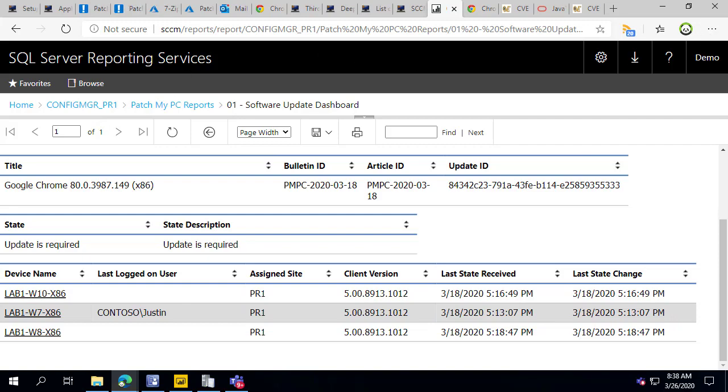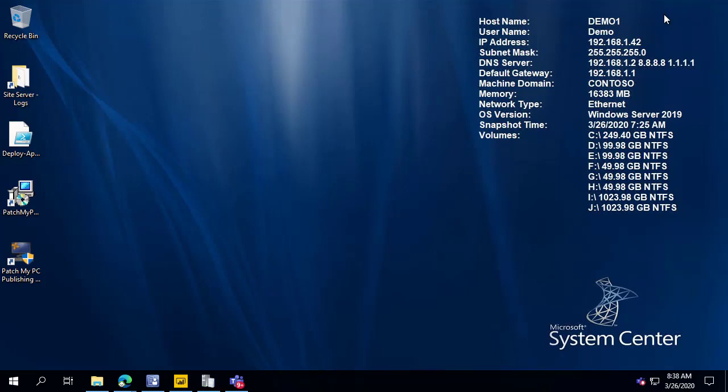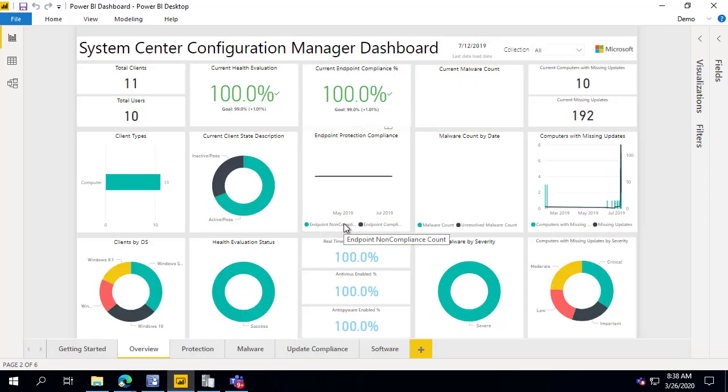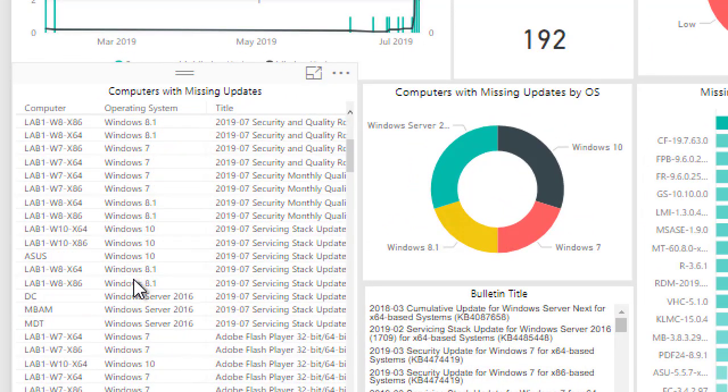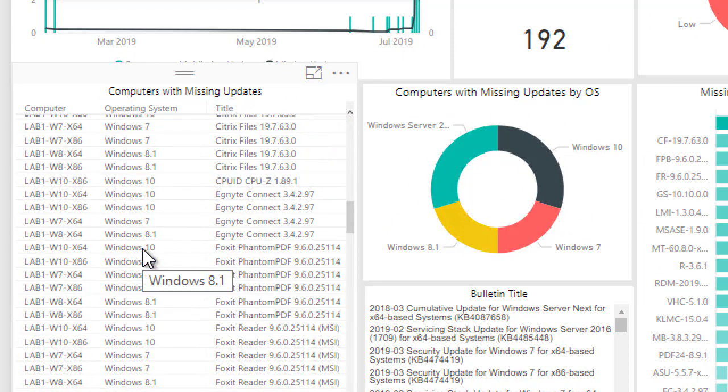Okay. Now, in addition to the dashboards that you can install from us, since the compliance gets reported just like any other Microsoft update, if you're using any of the free Power BI dashboards that are available, so for example, this is the free one available from Microsoft, we can go ahead and look at the Update Compliance tab of this. And we can see that we also will list out any of the third-party updates, even within any of